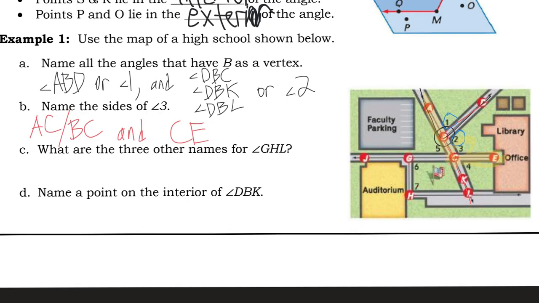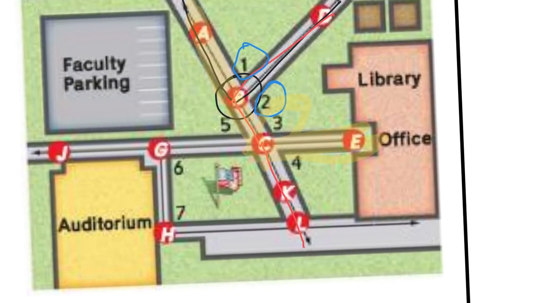I changed my mind and I went ahead and I wrote both of them, AC or BC, and then of course CE. On part C, it says, what are the 3 other names for angle GHL? So let's look at GHL here. So GHL,